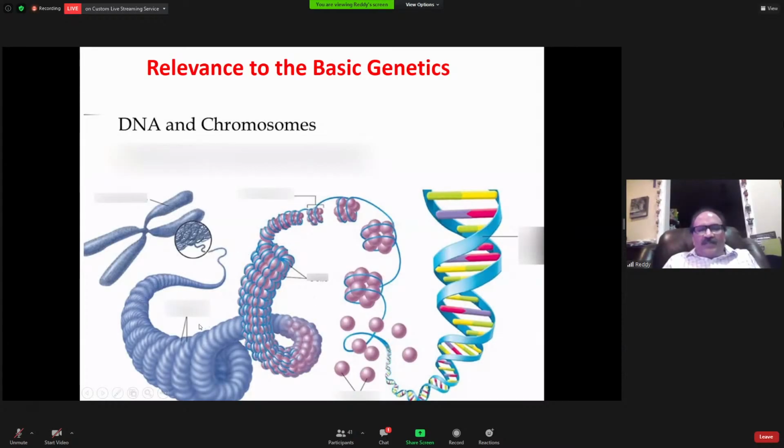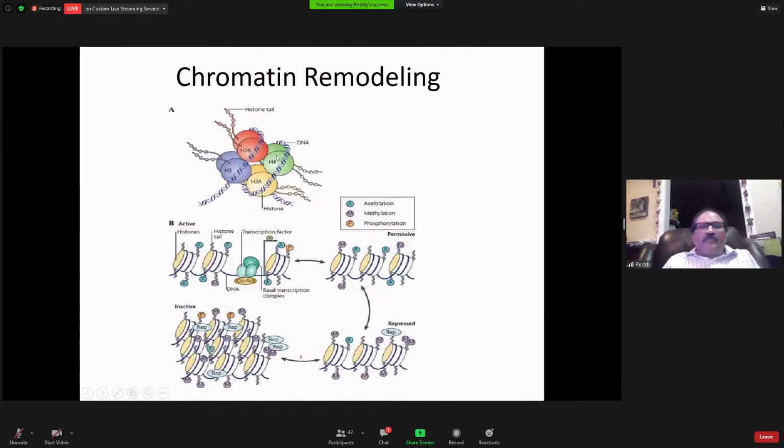This is all a very high degree of packing. So the whole DNA is not the genes. Genes are just about 5 to 10% max, of which only 1 or 2% is the exonic space, which is actually responsible for the phenotypic differences. So here are the beads that you have seen.